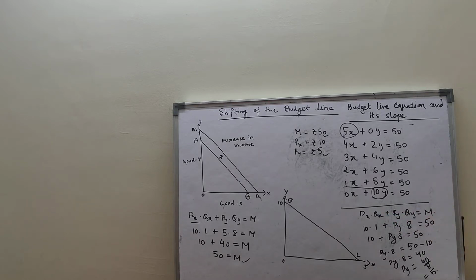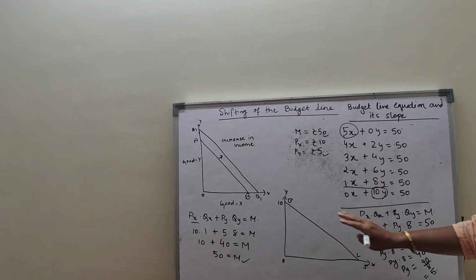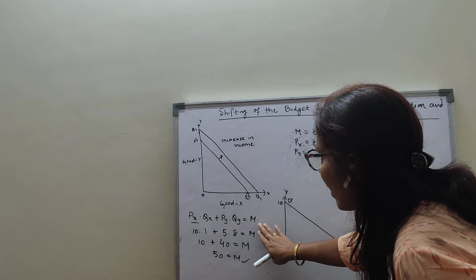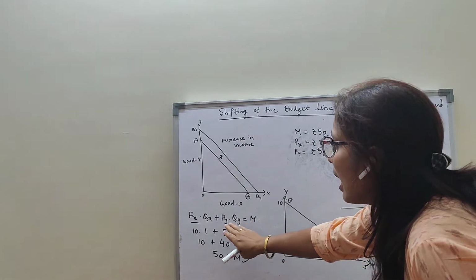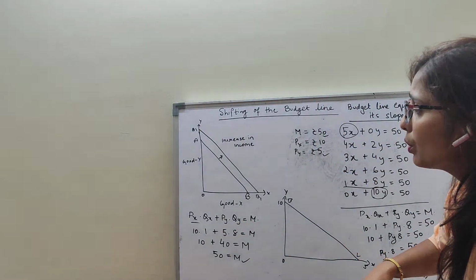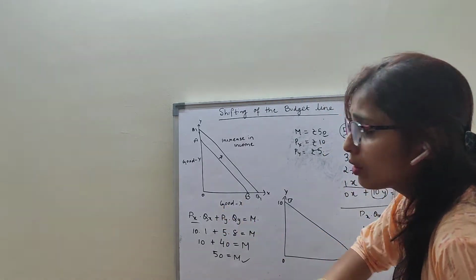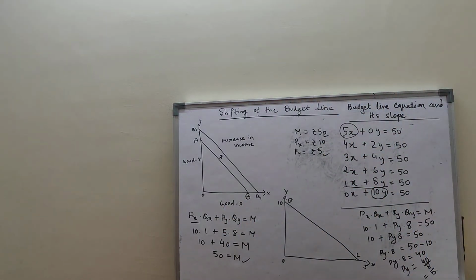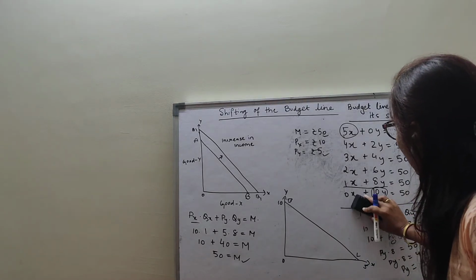So, we can find out any missing variable from the given formula. Now, continuing with the same thing, we can find out anything. Like I have found out the income when the price of Y has not been given to you. Same way, you can find out the price of X also. Clear? Now, please copy this so that I can proceed further. Copied? Okay, I'm rubbing this.